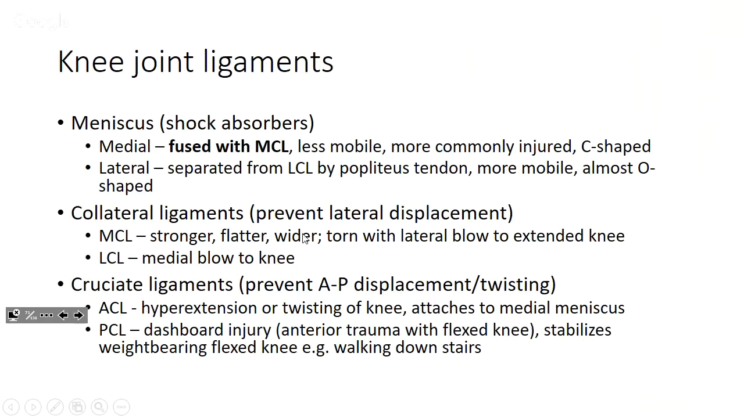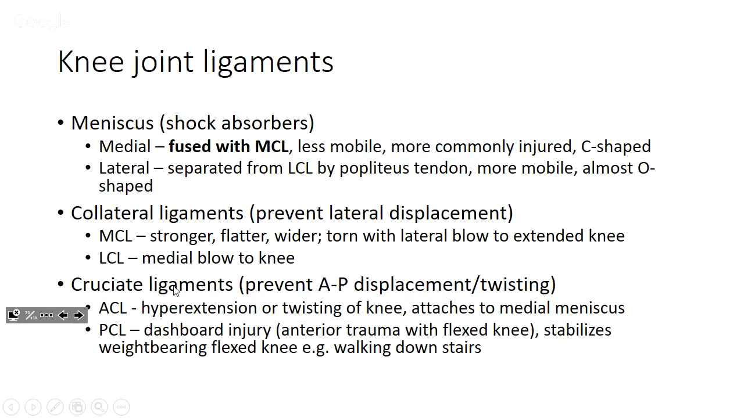Regarding collateral ligaments, I think the main thing is remembering that the MCL is typically more easily damaged because it's less mobile. And you just need to know what force would damage it. So a lateral blow to your extended knee would damage the MCL, whereas a medial blow to the knee would damage the lateral ligament. And with cruciate ligaments, the ACL prevents hyperextension,